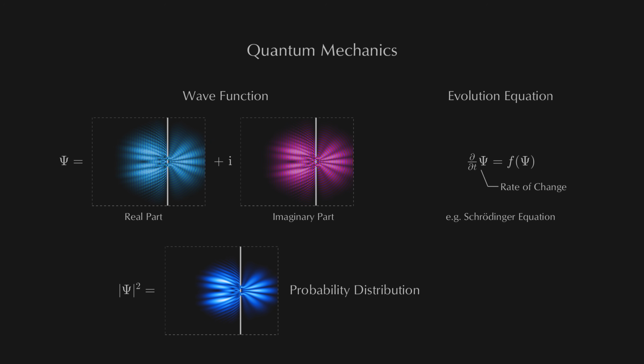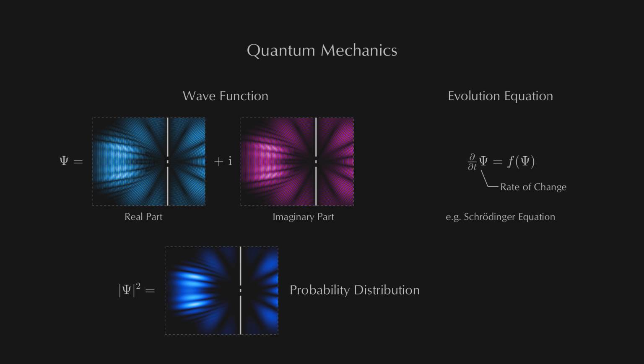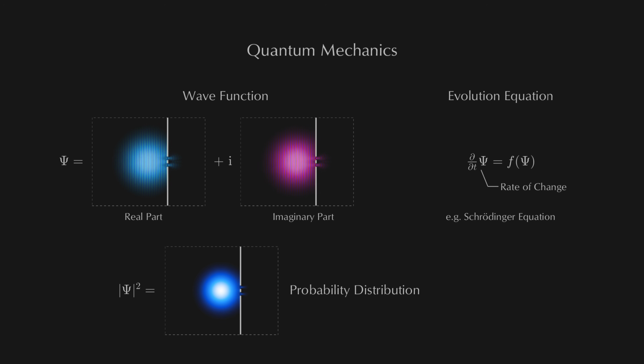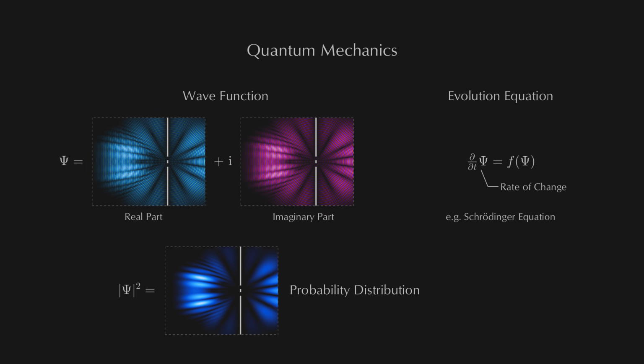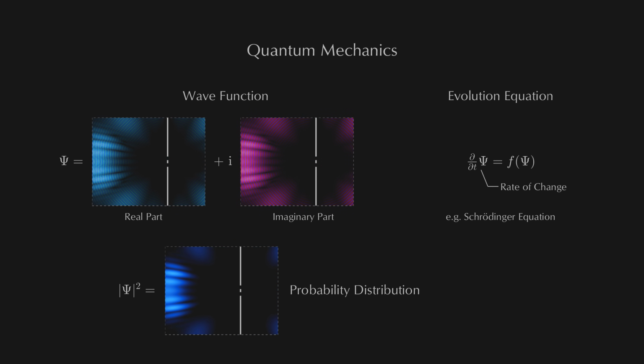And this is the same kind of probability we talked about before. It tells us how likely it is to detect a particle in a certain region of space. We have a model for what we see in our measurements. The exact form of the evolution equation is here irrelevant. It is the underlying concept that is problematic. What we are really concerned about is how computationally expensive it would be to perform such calculations for a given volume of our fluid. And in that regard, we only need to know that it takes a certain amount of time to perform the evolution operation. So let's build some simulations. For our single particle here, the wave function assigns a complex number to each point in this two-dimensional space.